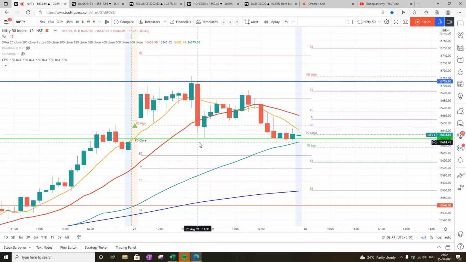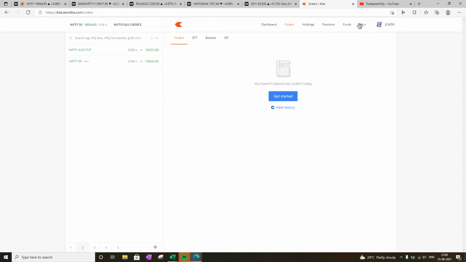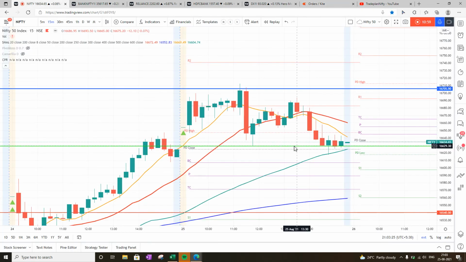Now let's review today's trade. Today we entered the market with a clear thought that it was going to be an uptrend. The idea was to buy on dip, and the market, at a gap up opening, almost just consolidated in a very narrow range today, between the previous day close and the top of the consolidation, which is at 16705. It never touched the pivot or my trade plan levels, so no trade for me today. I did not take any trade, no position, and today was a quiet day for me.